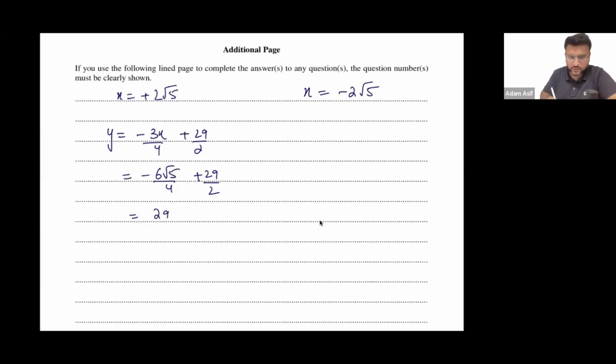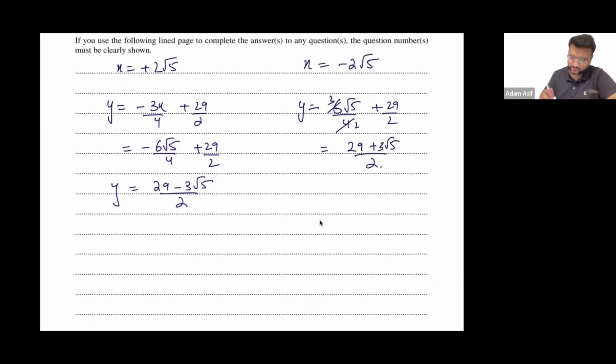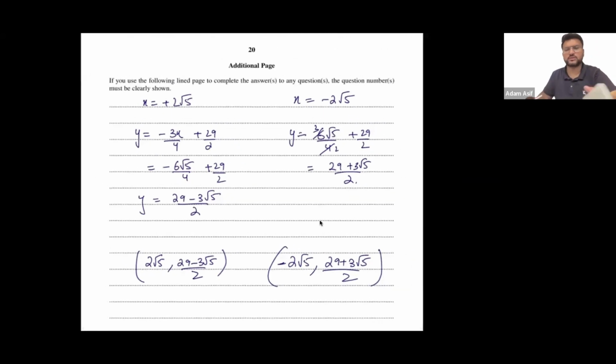ठीक है, सो आई एम गेटिंग 29 -3√5 अपॉन 2, और इसको प्लग इन करने के बाद इट्स गोइंग टू बी 6√5 अपॉन 4 प्लस 29 अपॉन 2, which is going to be (29 plus 3√5) upon 2। ओके, सो ये कोऑर्डिनेट्स हैं आपके पास: (2√5, (29 माइनस 3√5) अपॉन 2), एंड (2√5, (29 प्लस 3√5) अपॉन 2)। दैट्स योर आंसर।